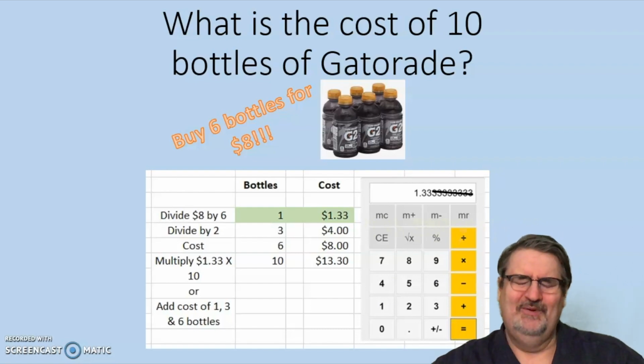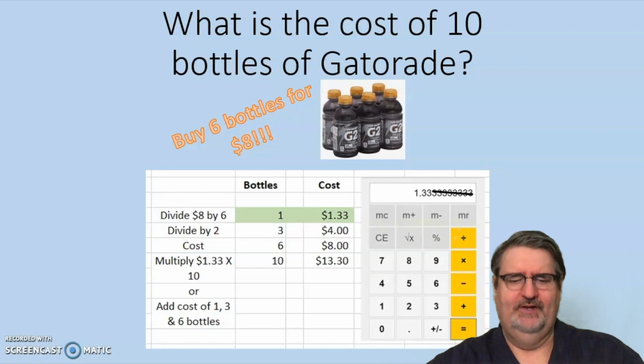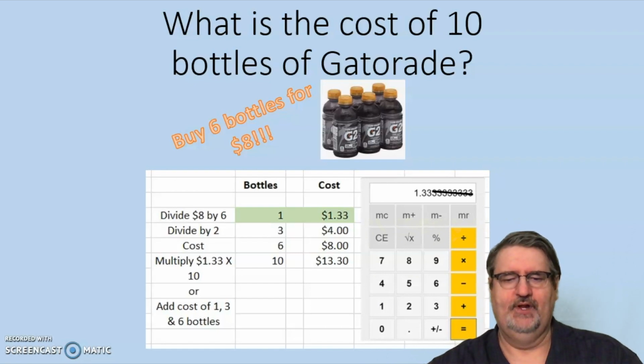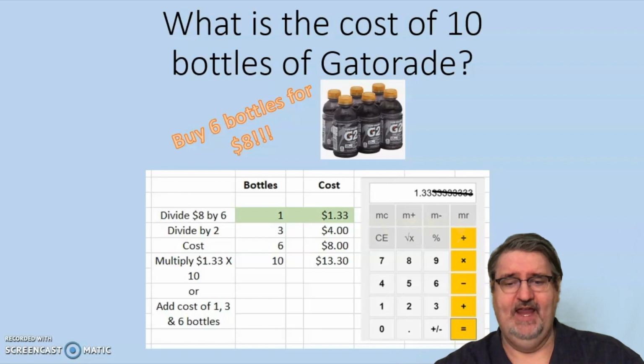$13.30. While I was working on this, I was thinking, well, another way to get 10 is to add those numbers that we had earlier. We had 6 bottles for $8, 3 bottles for $4, and 1 bottle for $1.33. The 6 plus 3 plus 1, in this case, equals 10. So if we add those costs, 8 plus 4 is 12, plus $1 is $13, and there's your